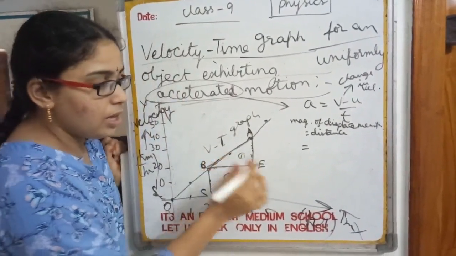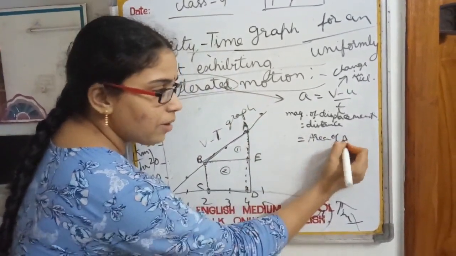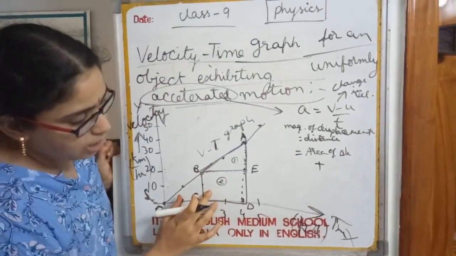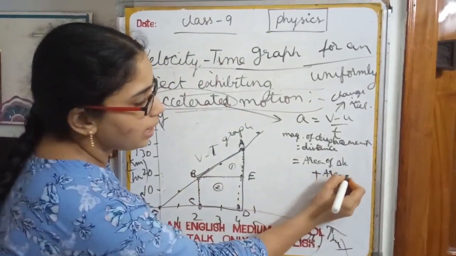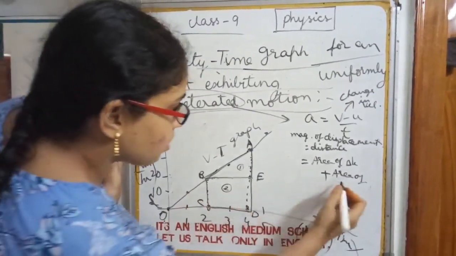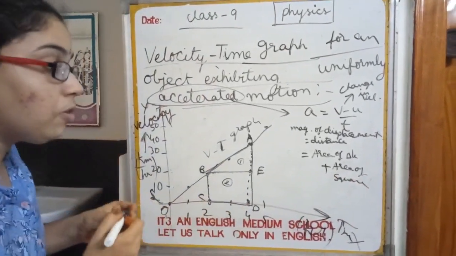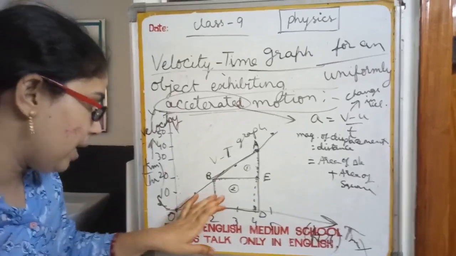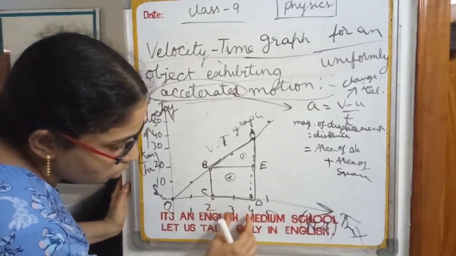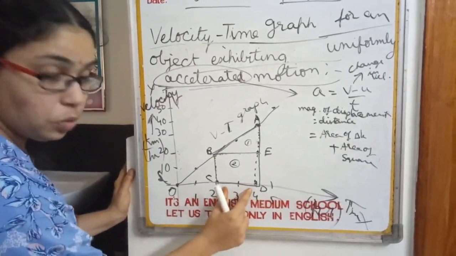The first figure is a triangle, and we have to find the area of that triangle and add it to the area of the second figure. What is the second figure? It is a square. Okay, why? Because you have to check whether it is a square or a rectangle. How can you check it? By checking its length and breadth. See, it is 2 and 4. What is the value of it? 4 minus 2, that is equal to 2, isn't it?